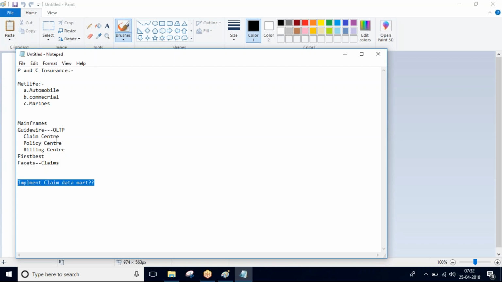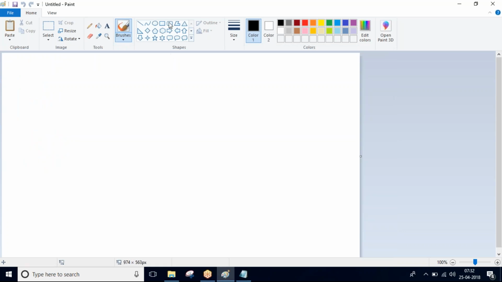So that's why MetLife has asked us to implement a claim data mart for them. Basically, I'm going to explain it to you with an example. First of all, since we have